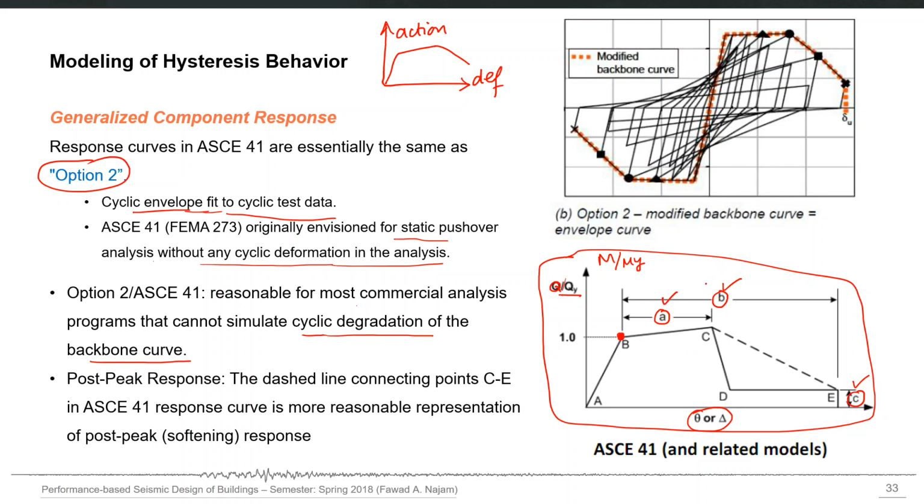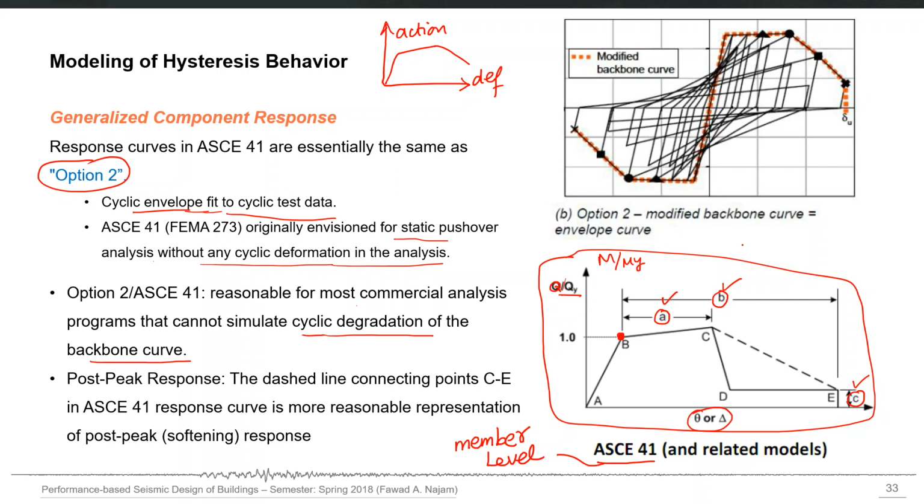However, ASCE 41 doesn't provide you the action deformation curve at material level. It provides it directly at member level. So it is used with the plastic hinge modeling approach and not with the fiber modeling approach. So it provides you the action deformation at member level, compatible with the plastic hinge modeling approach. So you will not get these a, b and c as strains of the material, but as rotation of a particular beam or column, because the primary flexural nonlinear action deformation curve is moment versus rotation.